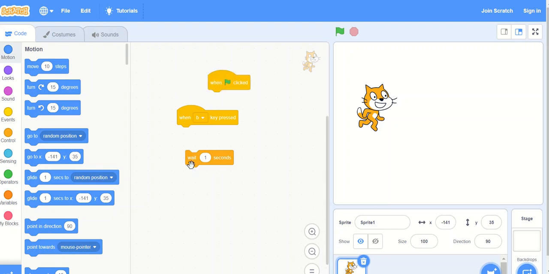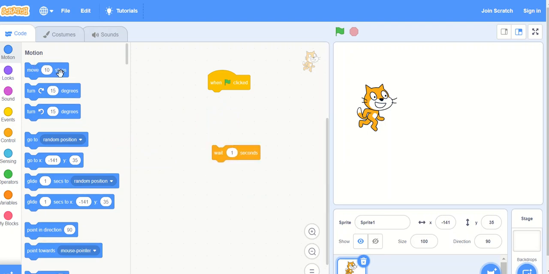Now this area where we drop the instructions is known as the script area. Script means the program that we make. For example, here I have used very simple instructions. When I click on the flag, it means I want to use the mouse to start the program.